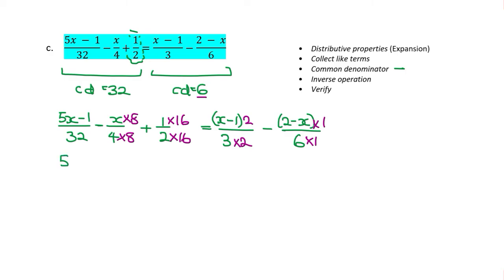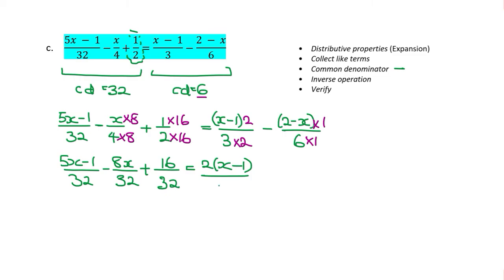So in here we have (5x minus 1) over 32 minus 8x over 4 times 8 is 32, and this here is plus 1 times 16 gives us 16 over 2 times 16 is 32, and on the right side we have 2 times everything inside the bracket, (x minus 1) over 3 times 2, 6, minus 1 times everything inside the bracket is just (2 minus x)